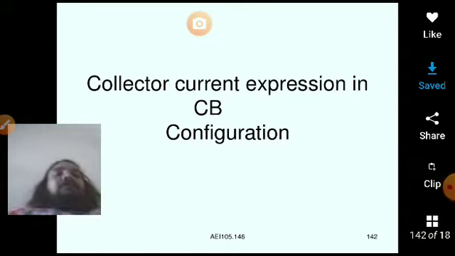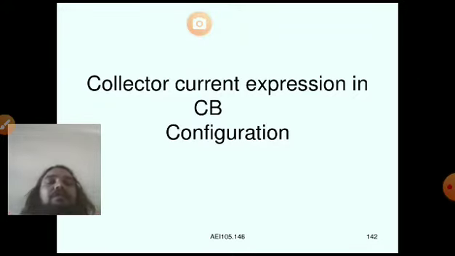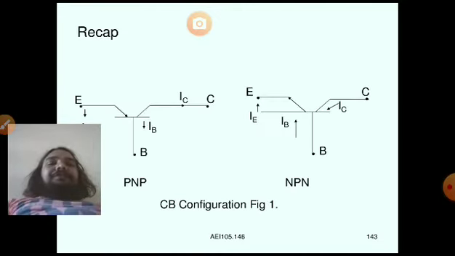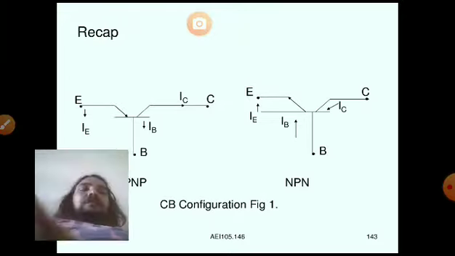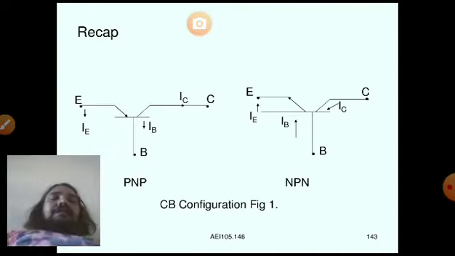Collector current expressions in CB, that means common base configurations. Common base configurations. This is the basic